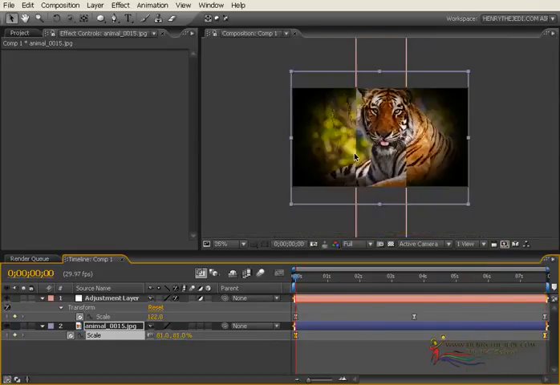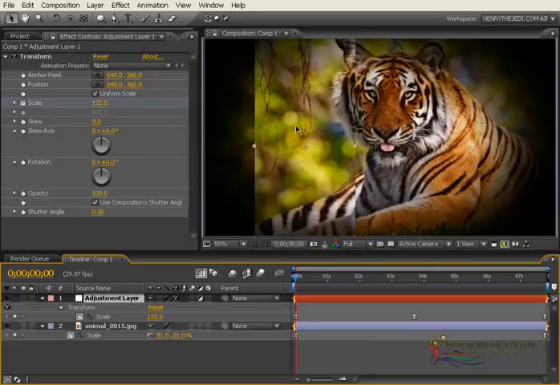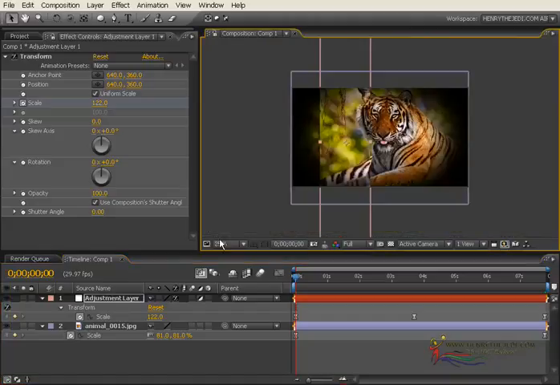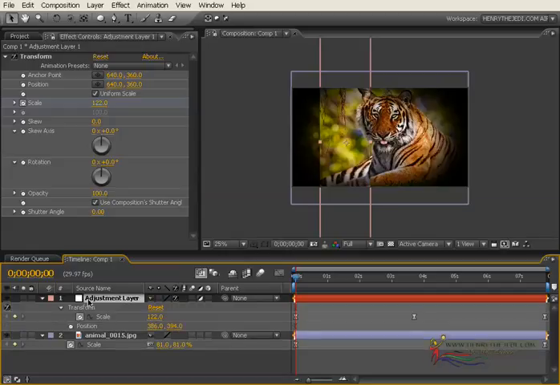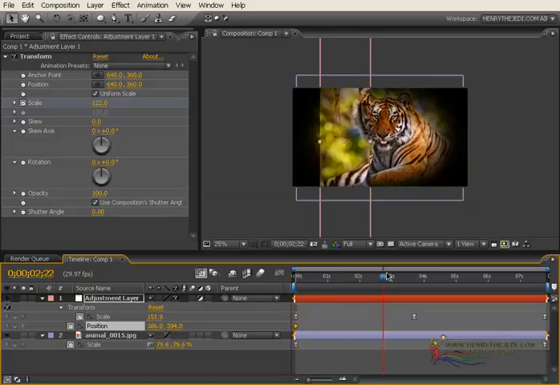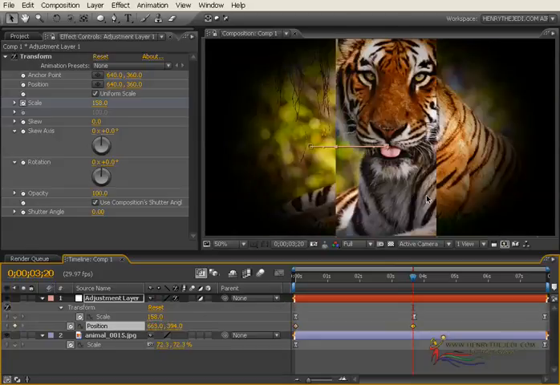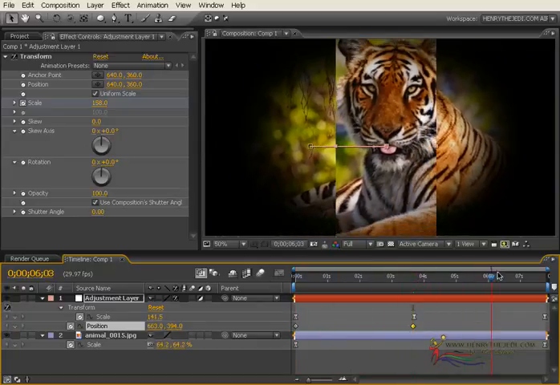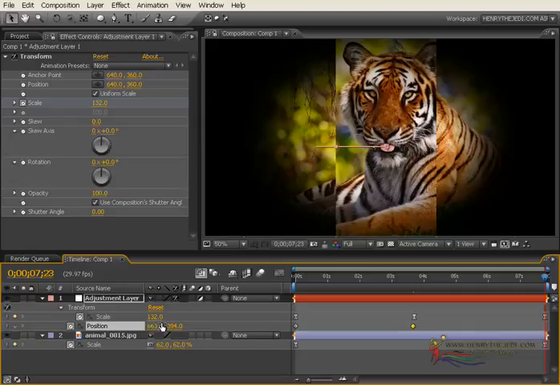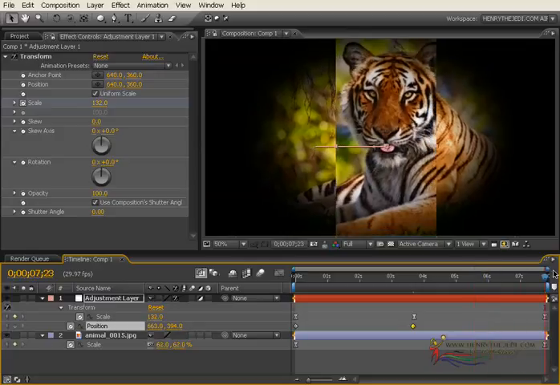We need to play around with the position of our adjustment layer by selecting it, and at the beginning we want it to start somewhere here, okay? Select our adjustment layer and then press Shift and then P on the keyboard so that it can also give us our position information. Click on the stopwatch for the position and then we move forward in time. Around here we want our layer to have zoomed in on our powerful, mighty tiger's face. So it's going to go like that, and then somewhere here our layer is simply, okay, let's do this.